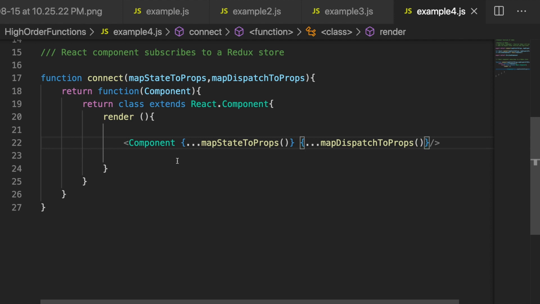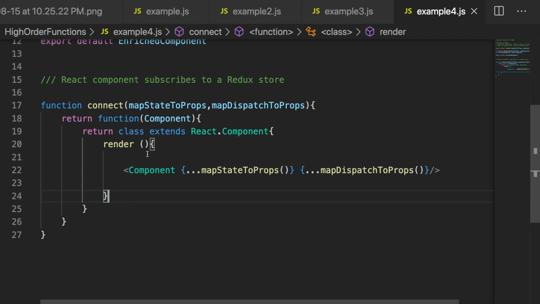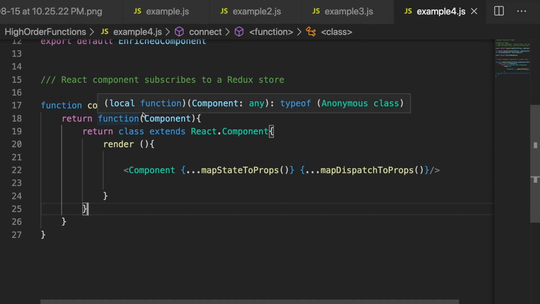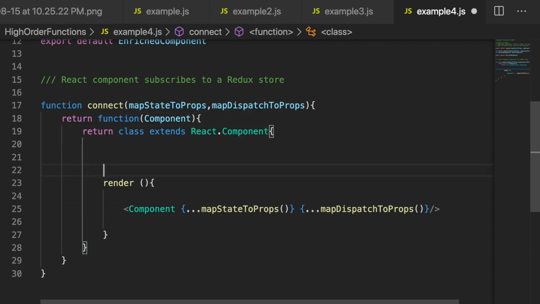So this is how it is, and now I know I might be missing something because our React component itself re-renders when anything in our Redux store changes. So we have to keep something in mind. We know that every